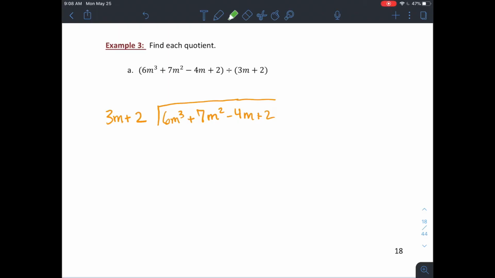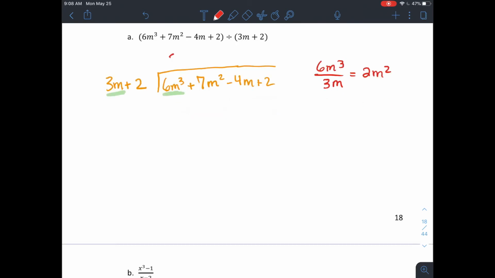Okay, so flashback to your Algebra 2 days. We're going to long divide some polynomials. A lot like your warm-up with the numbers. We're going to take my first term on the inside, divide it by my first term on the outside, which will give you 2m squared as the first part of your quotient. Then I'm going to multiply it back times both terms on the outside, which is going to give me 6m cubed plus 4m squared. Now I need to subtract off that